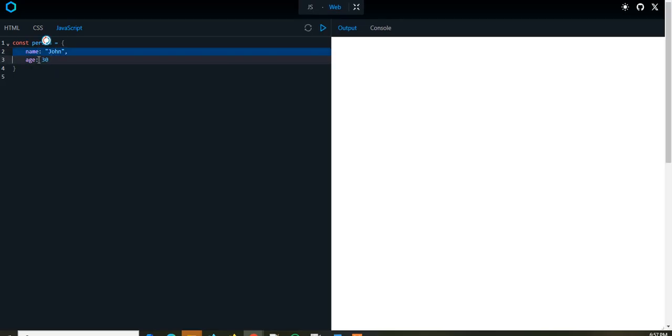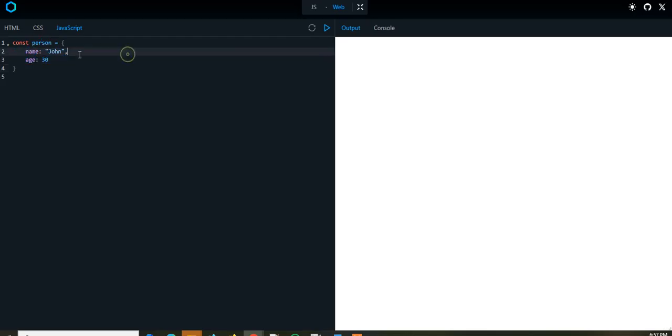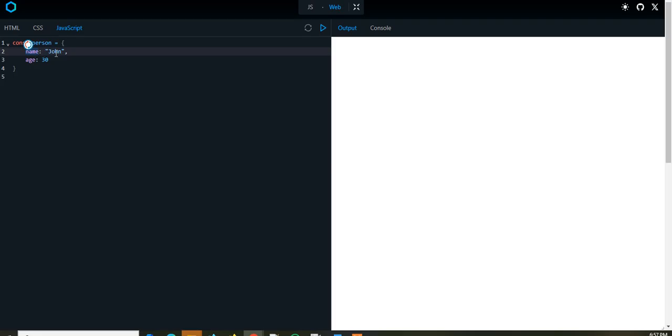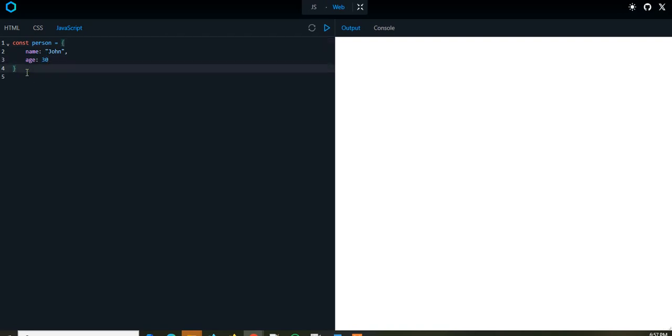person with two properties. We have here object person with two properties, name John and age 13. This is a property, this is the second property. Each property is composed of a key and a value. In this case, name is a key, John is a value. For the second property, age is a key, 13 is a value. Okay, let's access the value from name, the first property,